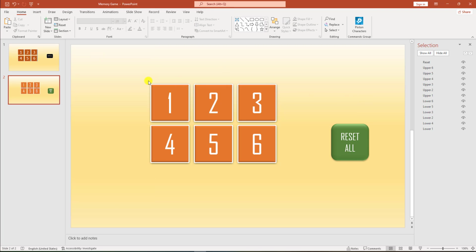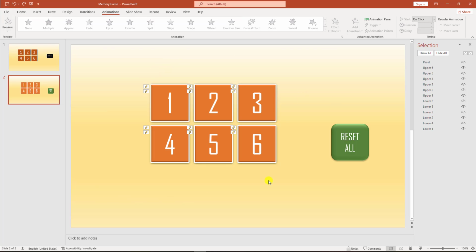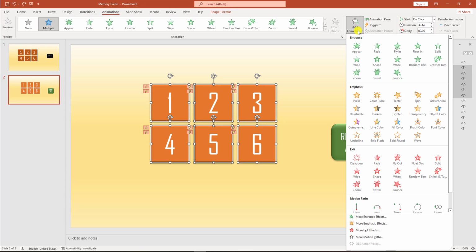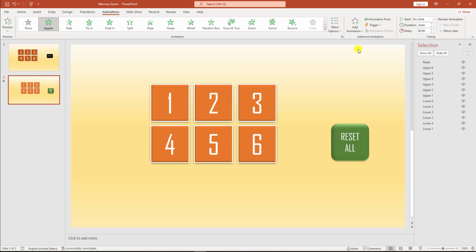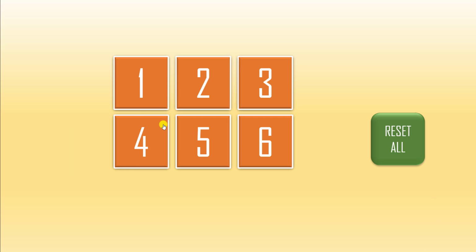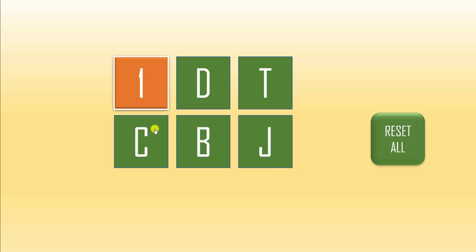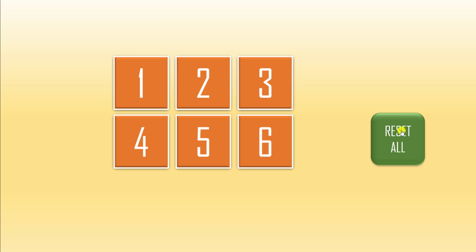So what I have to do actually, then I have to add another animation. When I click on the reset button, the shapes will be reset, so I have to select all of the shapes by pressing the Ctrl key. Let me select all the shapes, go to add animation, go to appear, trigger. When I click on reset, so if I want to watch the slideshow, click on 1 and click on 2, click on 3, click on 5, click on 6, click on 4, and if I click on reset all